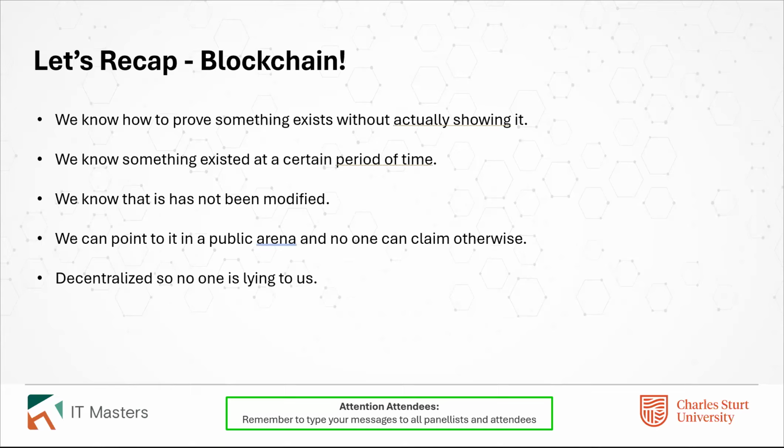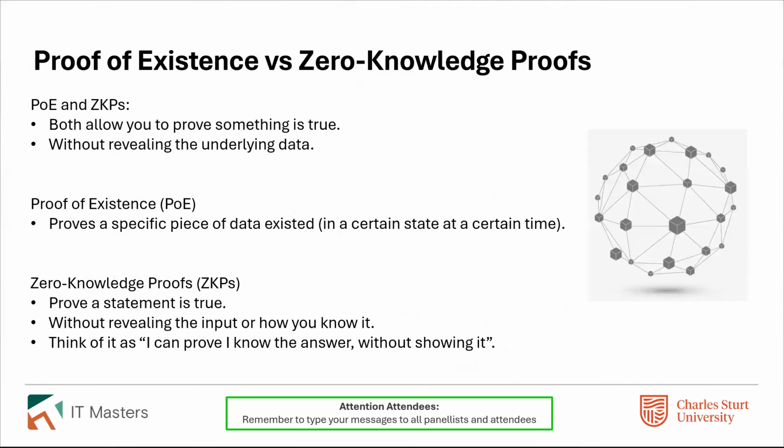But what happens when we need to prove that that hash equals this thing? You have to actually show it. Well, enter, I guess, proof of existence. And this is an example of proof of existence versus zero knowledge proof. So this is what we've talked about. And I thought in describing zero knowledge proofs, we had to go through hashing, we had to go through blockchain, we had to go through all of that. So hopefully this is a good combination of how zero knowledge proofs combine all those things and build on the previous weeks and examples.